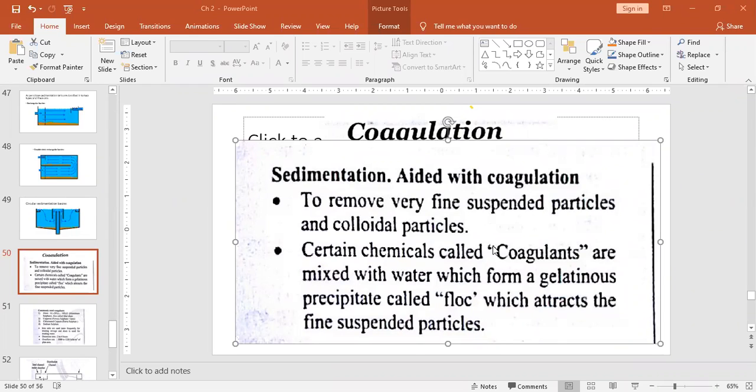these types of particles used to float along with the water flow. At that time, we need to increase the mass of such particles, and that can be possible by adding the coagulants in water. Okay, so these coagulants will neutralize the charge present upon the particle and will perform the agglomeration process. Agglomeration process in the sense, multiple particles will come together and convert into a heavy particle. Once it becomes heavy, we can make them settle down at the bottom. And when it is converting into a heavy particle, that is known as the floc.